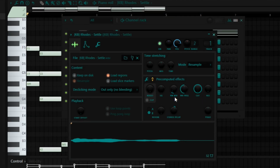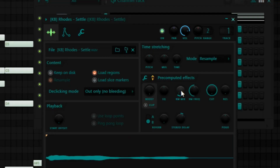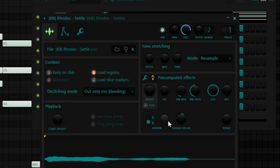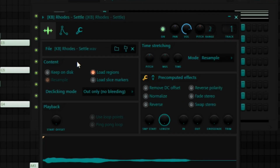You can actually mess around with any knob right here. The only thing that I did, I took up the stereo delay to like 14-15%. I took up the RM mix to like 11%. You can mess around with EQ, mess around with this knob right here. You can also mess around with the RM frequency, and then once you're done with the pre-computed effects, you can